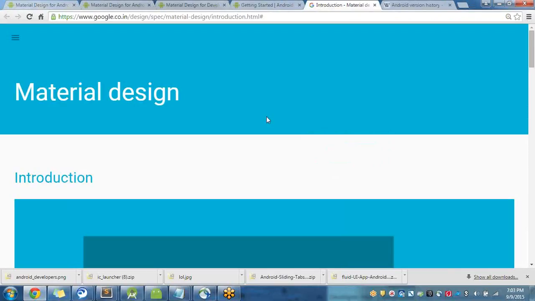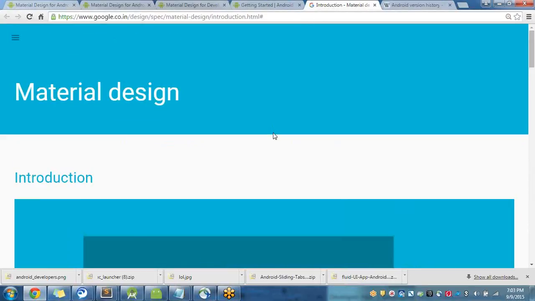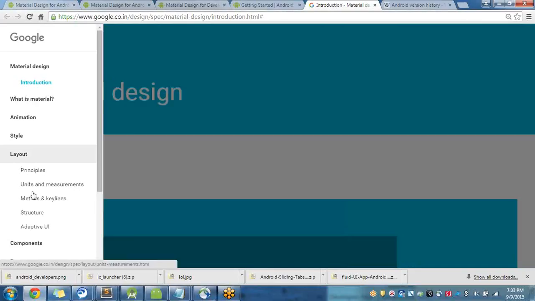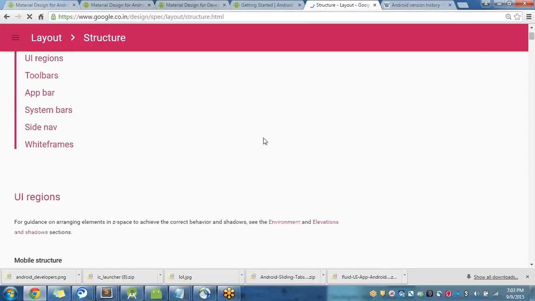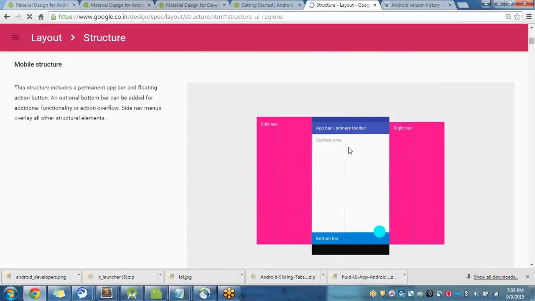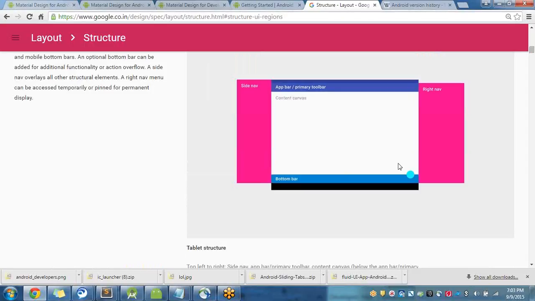If I show you the sample material design concept, you will go through each and every design concept. But I just wanted to show you this one navigation drawer. I will show you the layouts. It has a responsive UI, navigation drawer, application drawer. You can have floating buttons on the main screen. You can put your action bar, which is deprecated, but you have a toolbar, and you can put a toolbar on the top or also on the bottom. You can have a right nav or left nav. So a lot of things are introduced. This is a floating button where you can fire some actions.